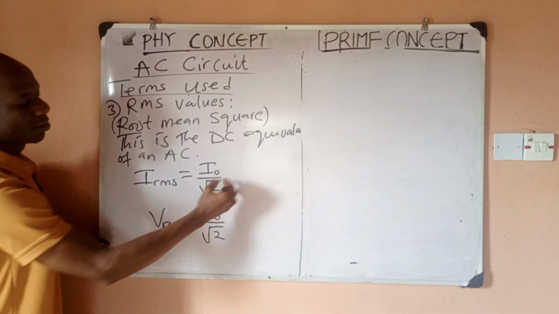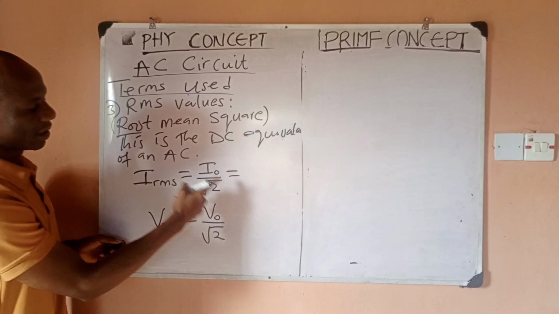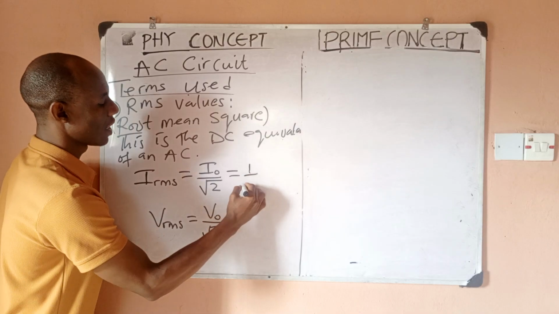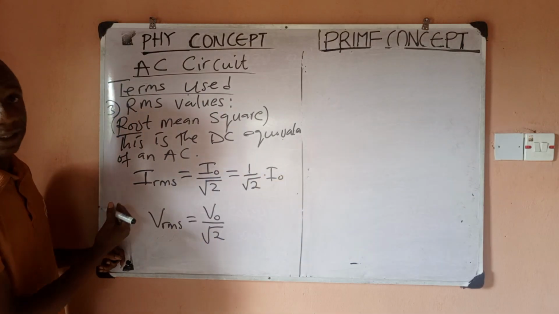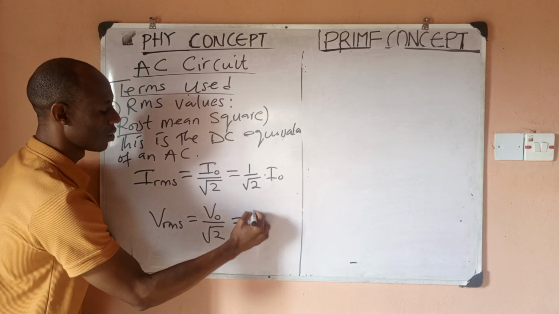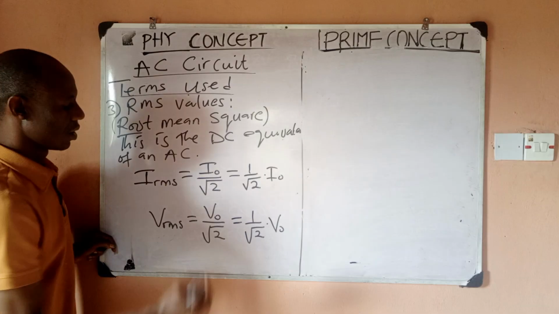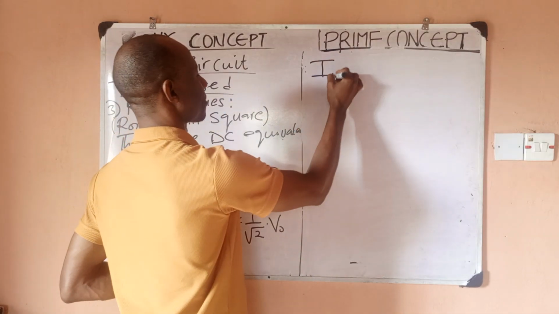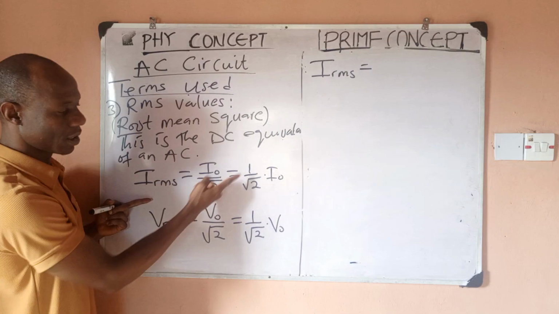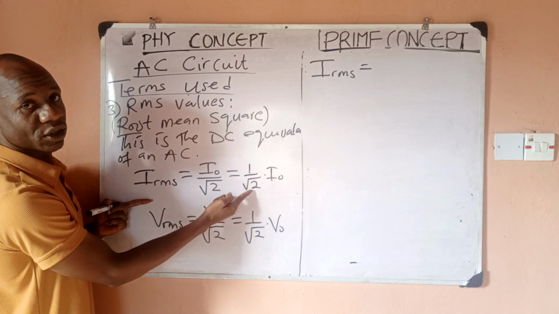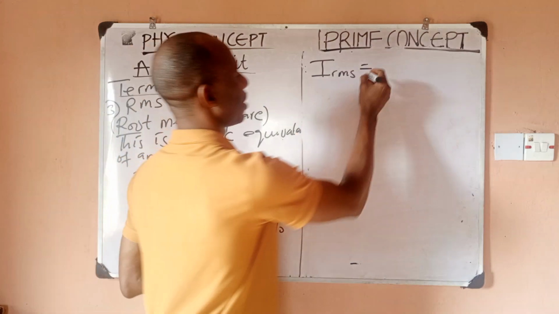So these are their relationships, which, if I punch this, can be written as 1 over root 2 times I naught. These two formulas are the same, so this can also be written as 1 over root 2 times V naught. So if I go further, I can still say that RMS, now if I start from this first one, what is 1 over root 2? Can you punch this? Yes, punch and confirm. 1 divided by root 2 would actually give us